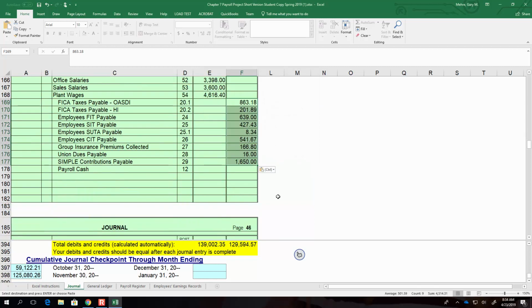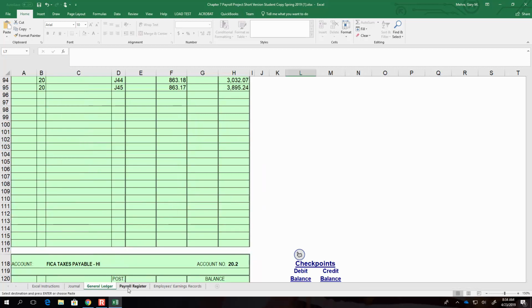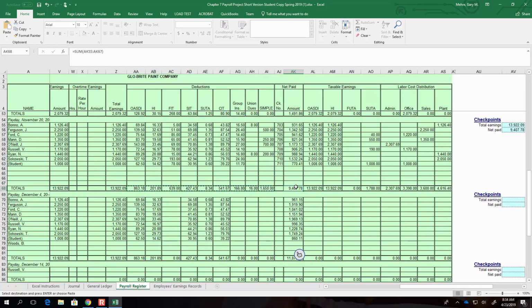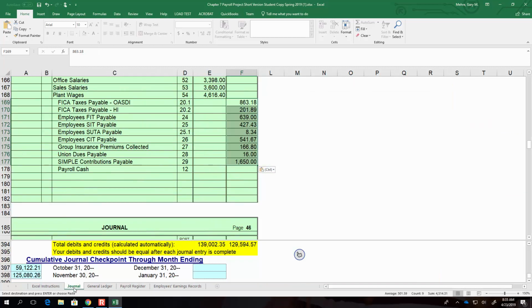So that'll automatically put it in. The reason I didn't grab the cash, because the cash, if you notice on the payroll register, the net pay is right here. It skips the column for the check numbers, and then I have to copy that one separately. So try that little trick. It again helps avoid that possibility of entering in a number incorrectly or skipping them out. And just once you're done transposing and copying these numbers, just verify that the amounts are appropriate for the right